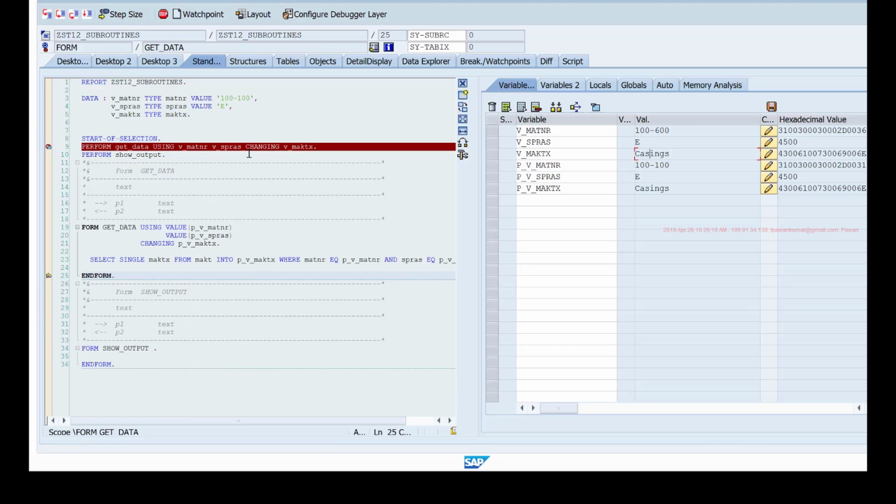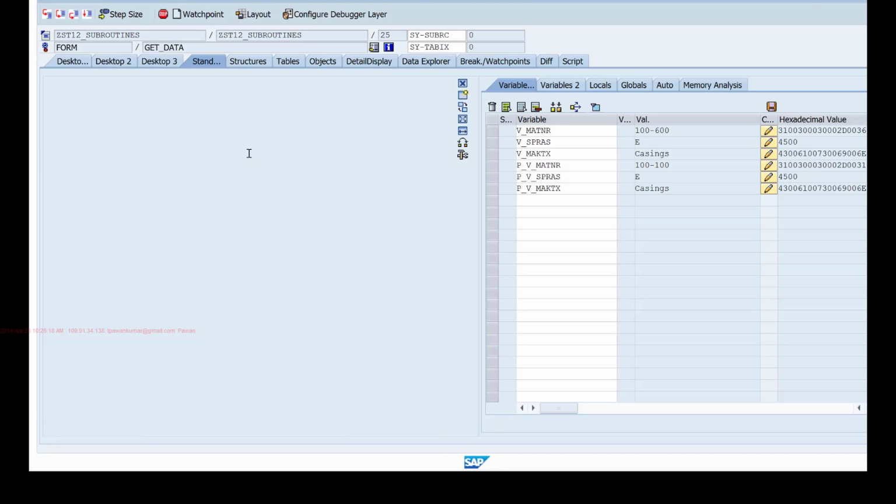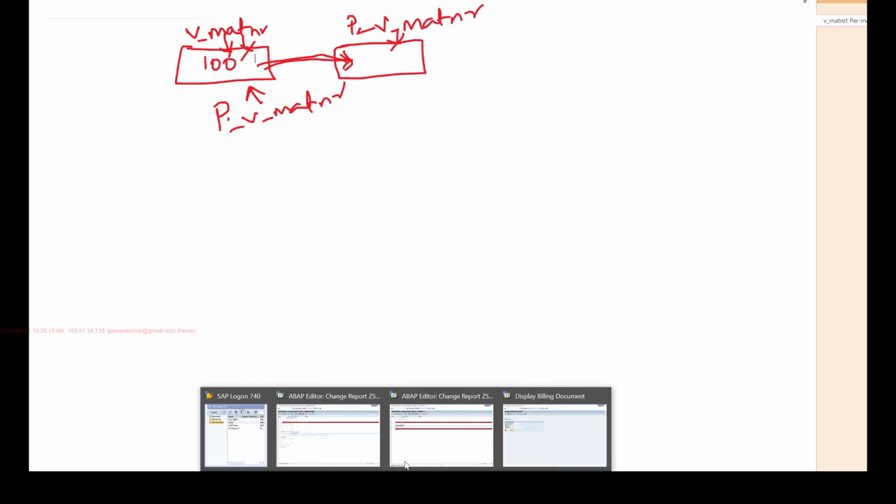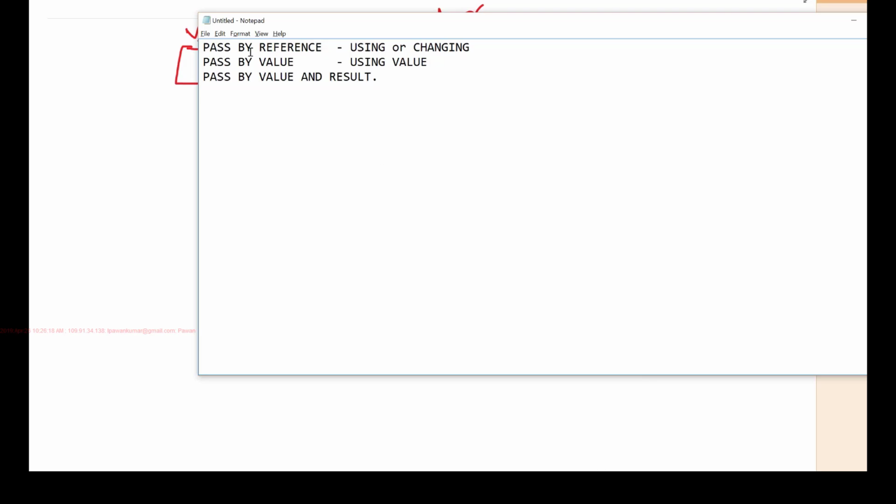But the disadvantage is that since you are making a copy, if you have a lot of data, then you will end up occupying a lot of memory. Okay, so that is pass by value. In pass by value, the original is never changed. You are always making a copy of the data and you are working with the copy. The original memory remains intact. You are not touching it.